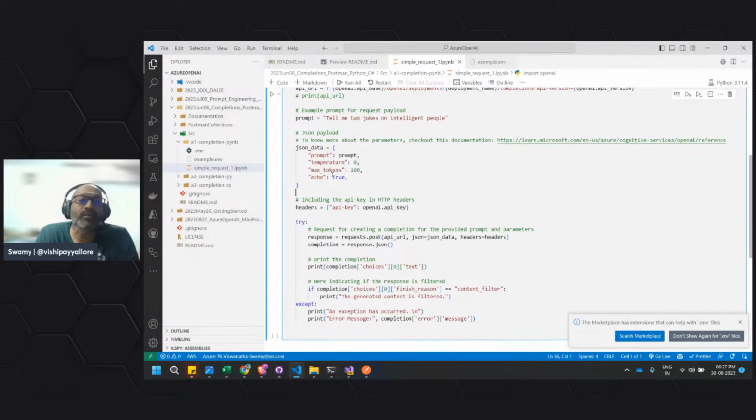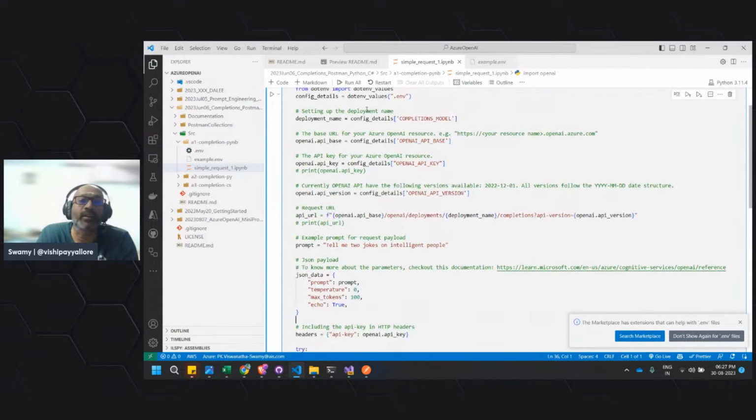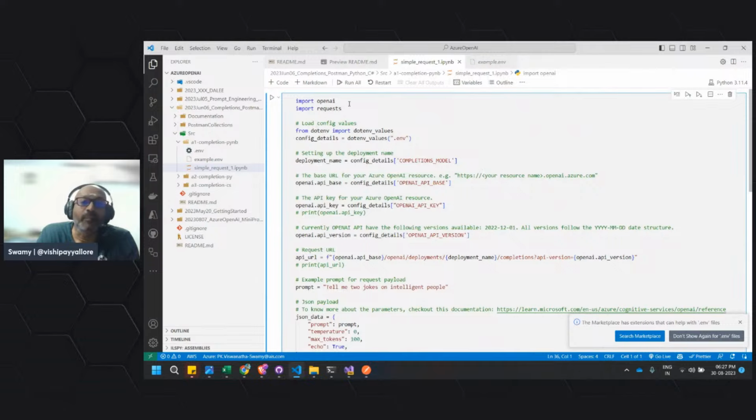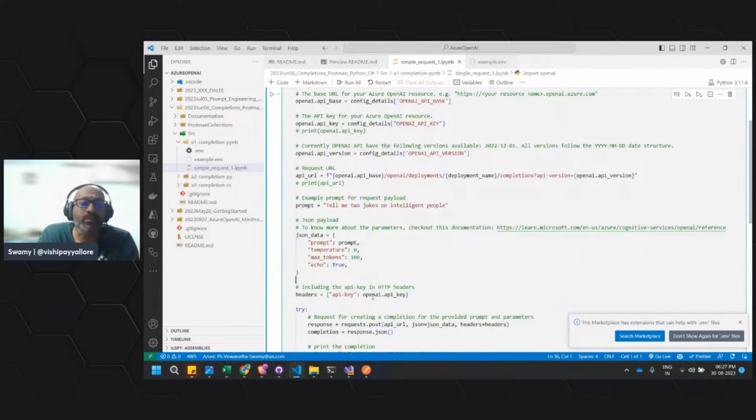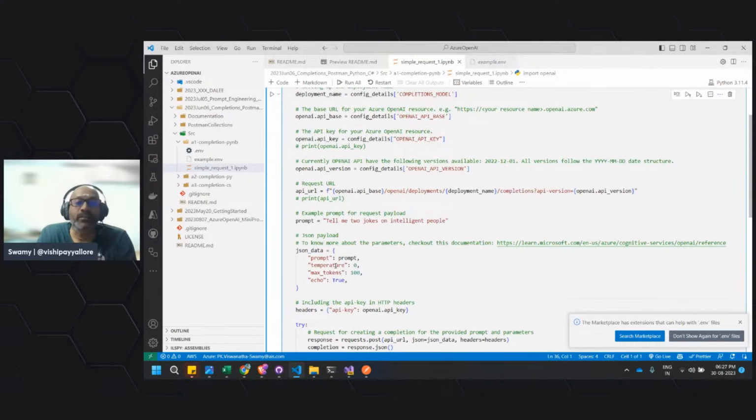That means some of the things I'm using the OpenAI one to get the base URL, the completion model, reading the .env file, and getting the OpenAI key, the version of that, and formulating the URL, and creating this prompt, and sending the prompt, and this one echo to true. That means when we output the results of this, it will print the joke also. Joke in the sense, the prompt, whatever prompt you gave, it will give you the prompt as well as the output.